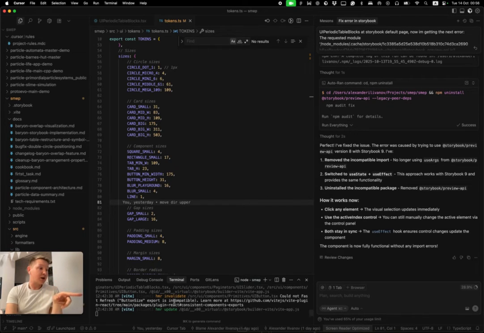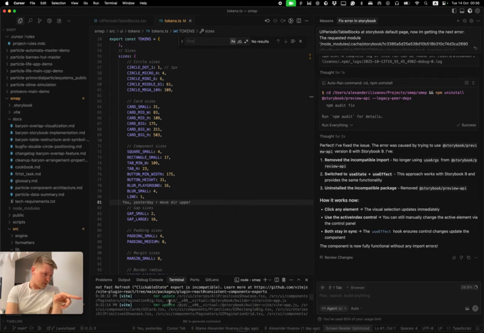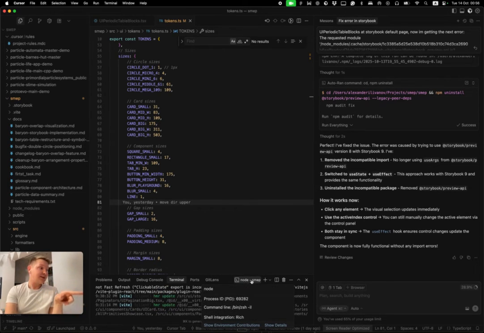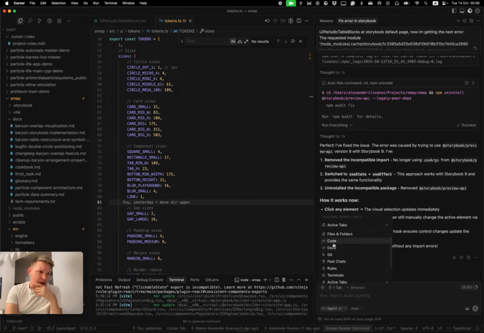I've run my Storybook somewhere upper there, and it sees all the errors and bugs, so I can drag and drop it there, or do it this way.